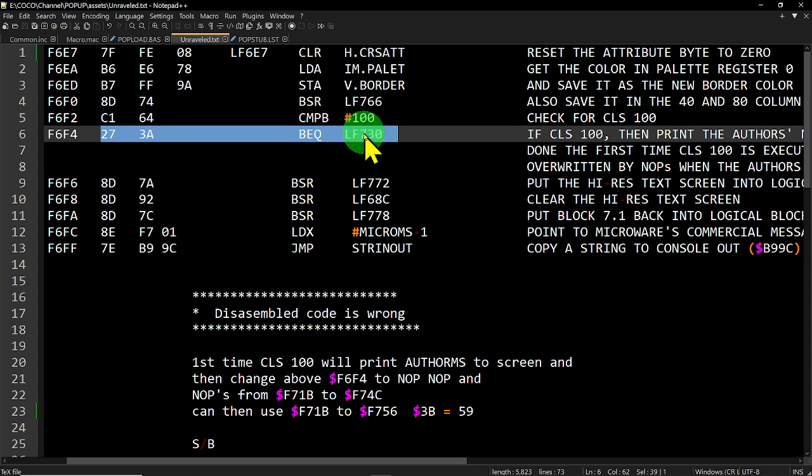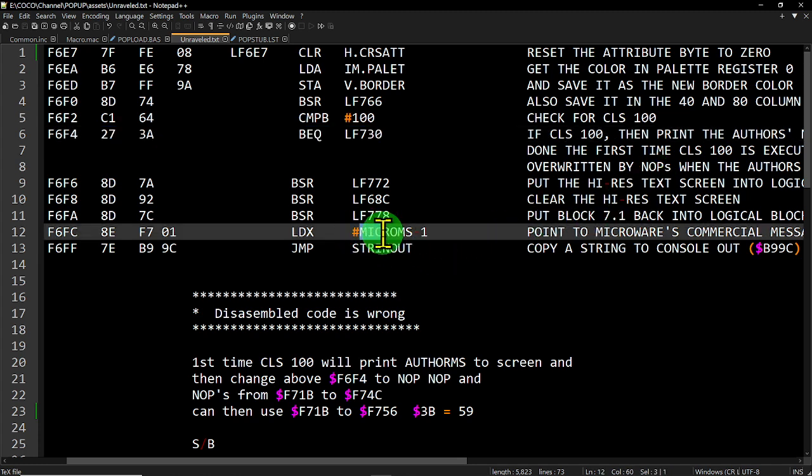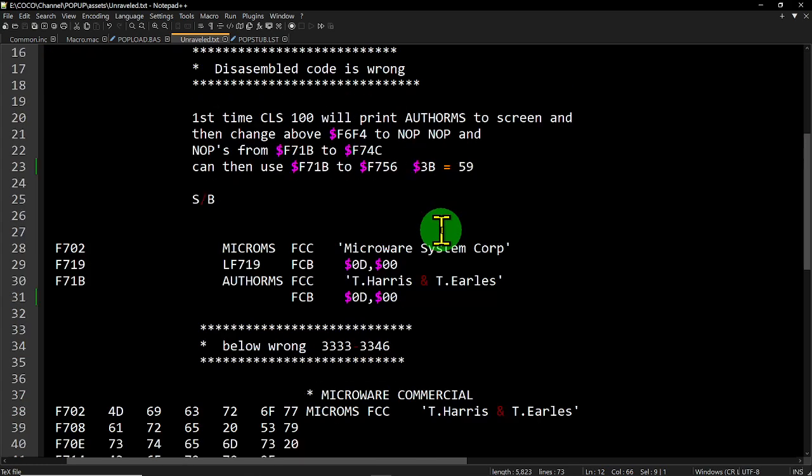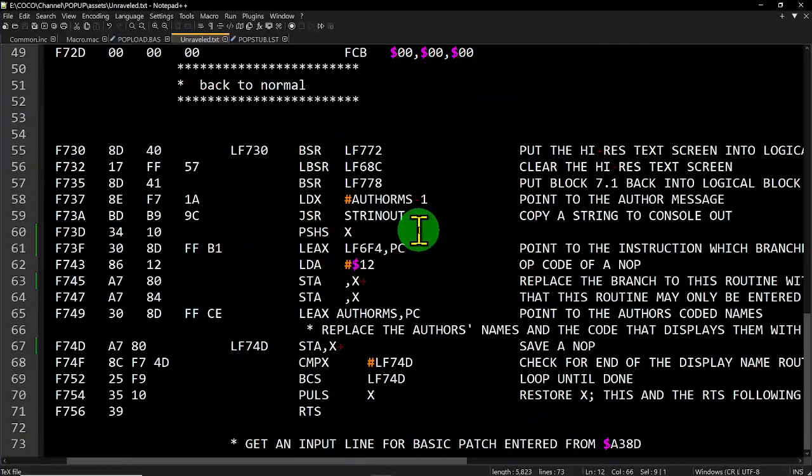It doesn't have a chance to take the branch because it's been no-op'd, so it just always falls through. The fall through is always to load up the name of the Microware message and print it on the screen. Same thing as the other code. If you look down there, it's the same thing. So he's no-op'd those 2 bytes. Then he's going to load up the address of the author's message, okay, and start storing no-ops in that,